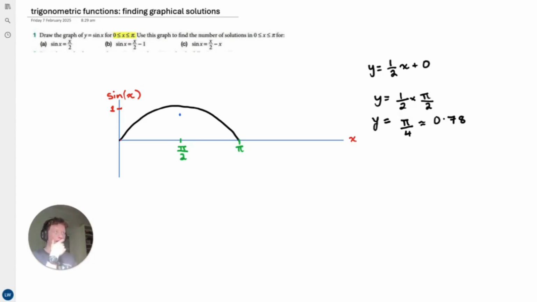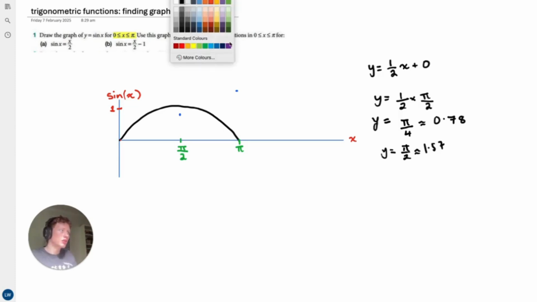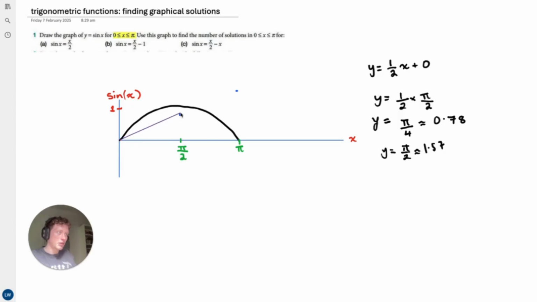Just to confirm that this line is then going to pass above the curve, if we sub in pi, we get y equals pi on 2. That's about 1.57. So by the time it reaches this point, we're well above the curve. With all of that information in mind, our curve is going, and I'll draw it in a different color, let's go purple, a straight line that passes through the origin, comes up, will intersect at some point there,